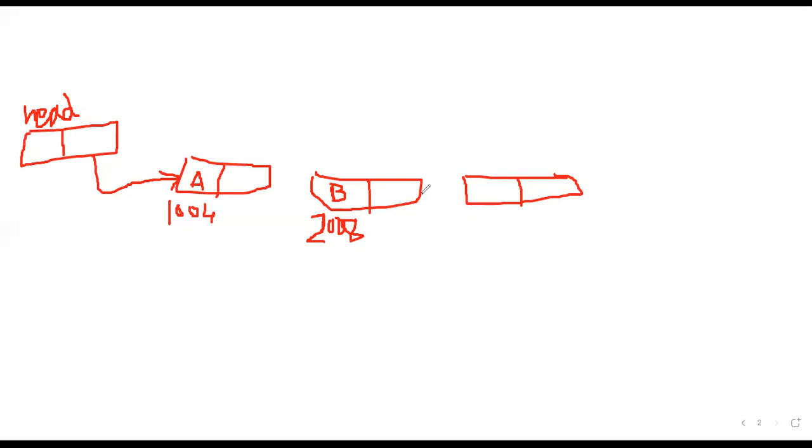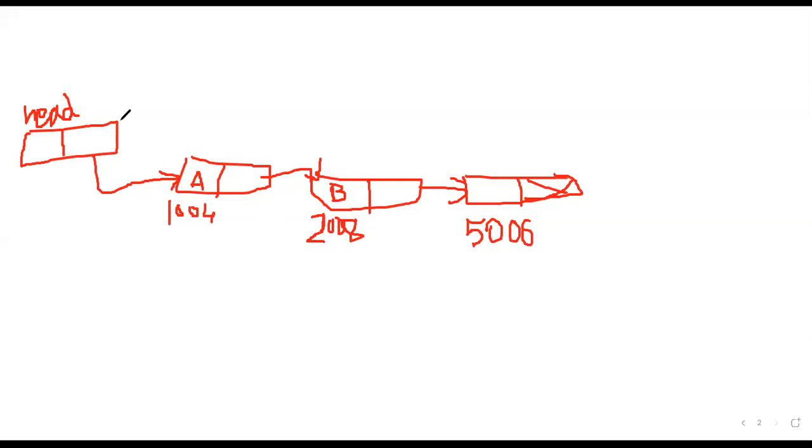So here, this is 5006. For example, this is the end of the list. Okay. So now the arrow mark. This is the arrow mark. I'm drawing very roughly, so try to understand. You already know the structure of a linked list.